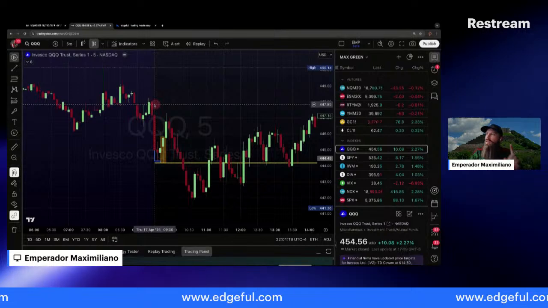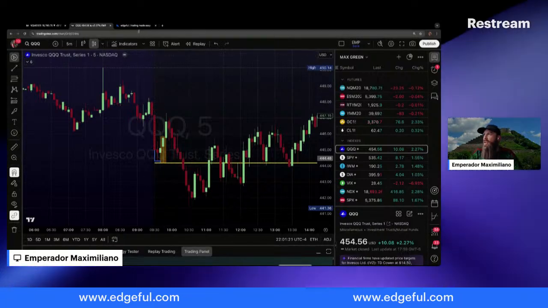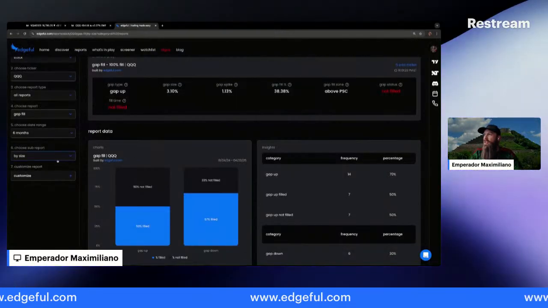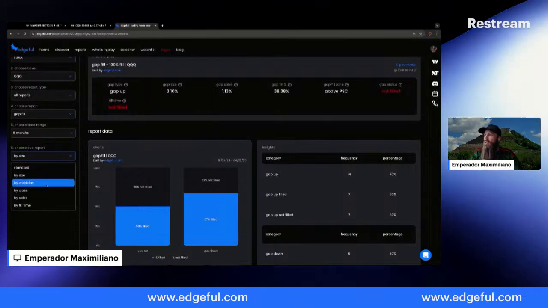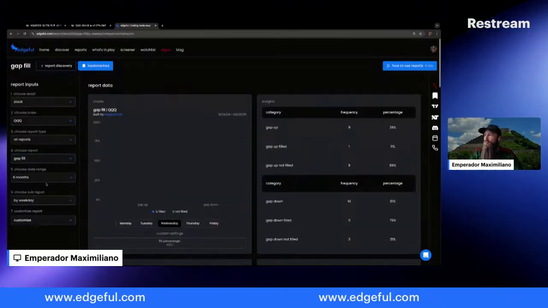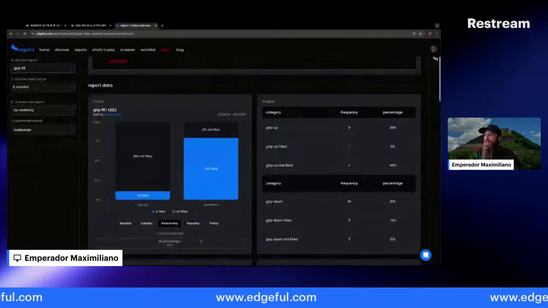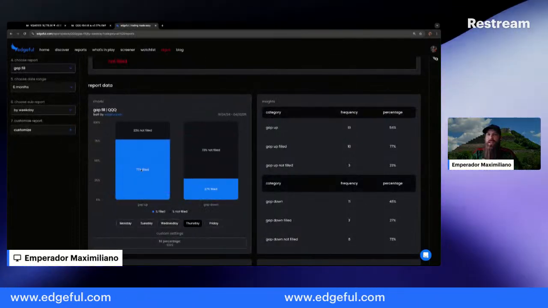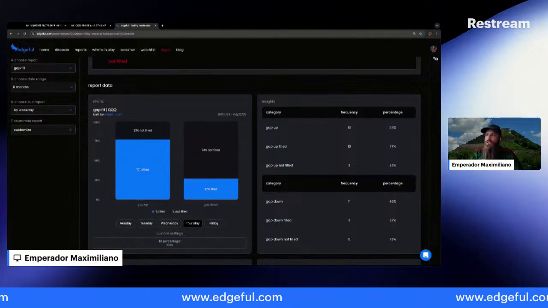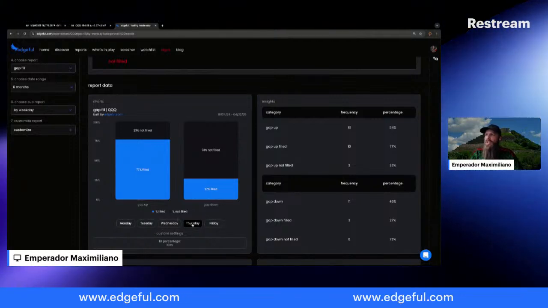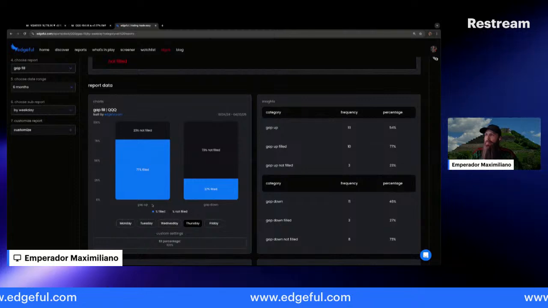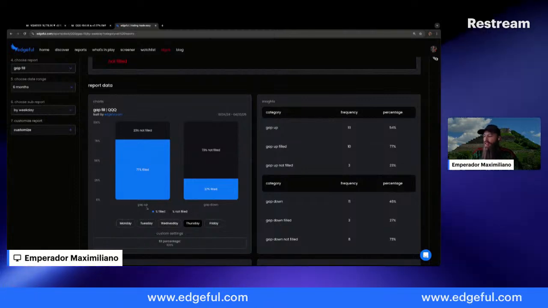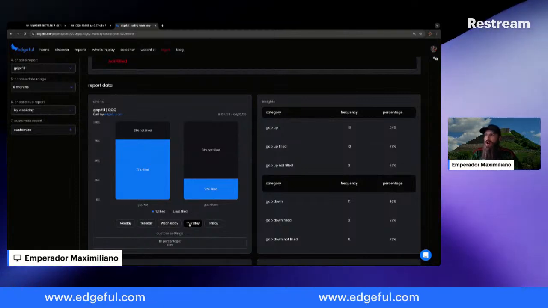Now, here's where the kicker came in. And this is something that I found in the data. If I go from buy size to buy weekday, this was a Thursday, right? Look at this, 77% of the time. That's a strong stat. Now, what is this saying? This says on Thursdays, when we gap up, which is this category on the left here, gap ups on Thursday,